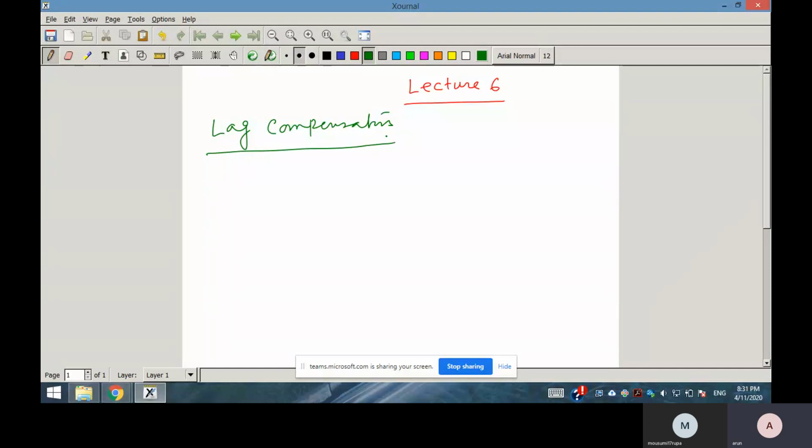Now, under which situation are lag controllers used? So lag controllers are used